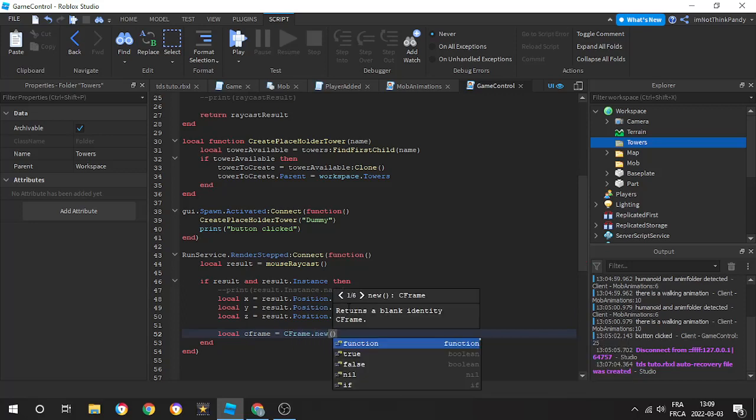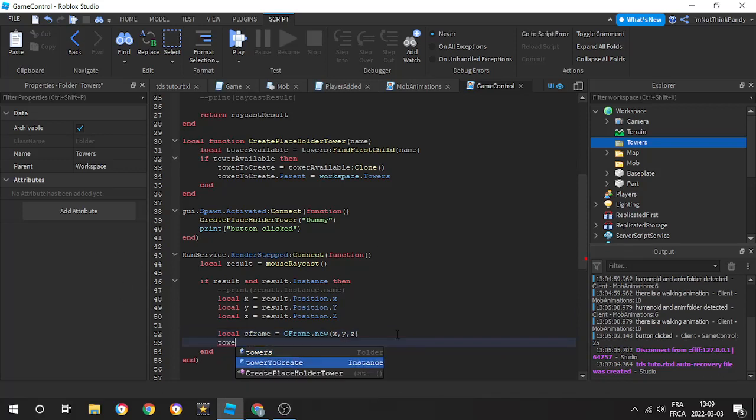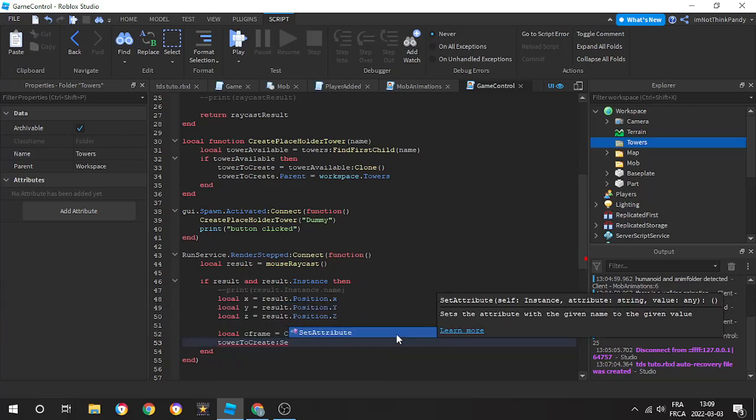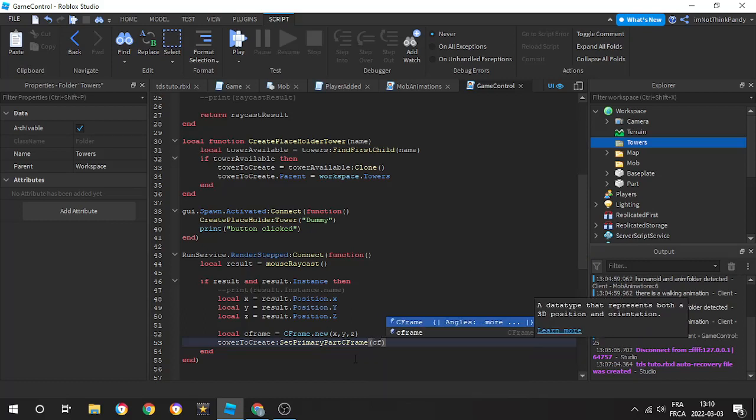So we're gonna create a new, so x y z, and also tower to create, and let's set primary part cframe, and also here the primary part cframe is going to be the cframe, so this,